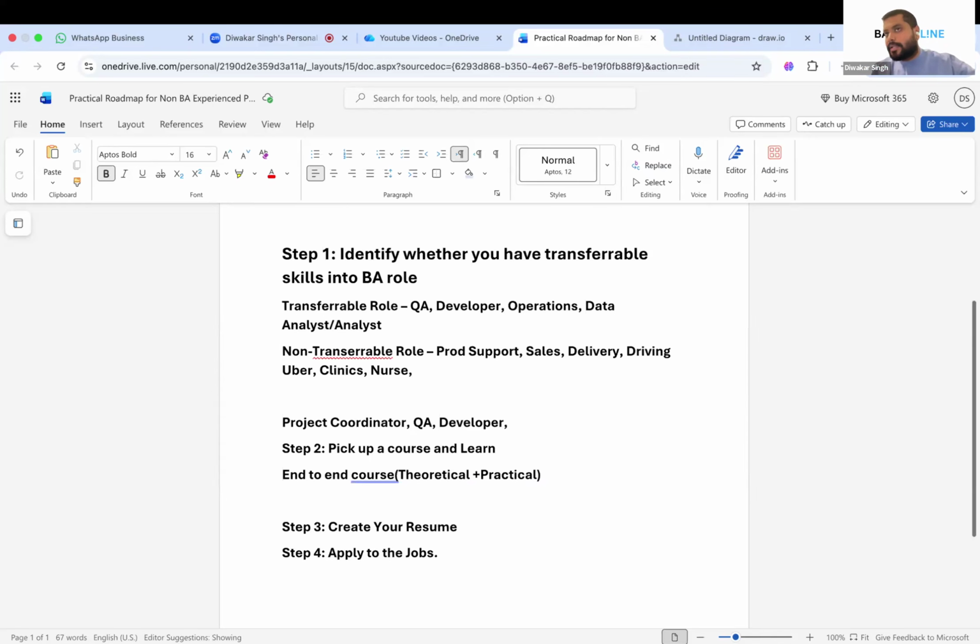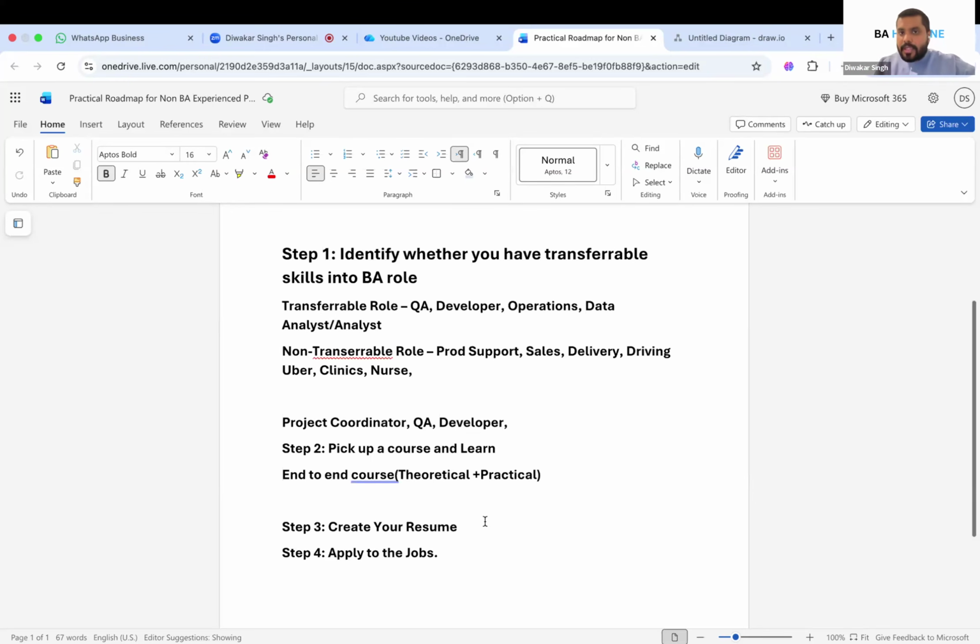Keep that option in your mind, where you can get email IDs of the recruiters, the business analysts, the HRs, and you can send them a cold email with your resume and ask if there is any opening in the BA space. What I'm trying to say is, in step 4, don't restrict yourself to one portal or one way of application, where you go to the job section, filter, and apply. No, there are other ways also.